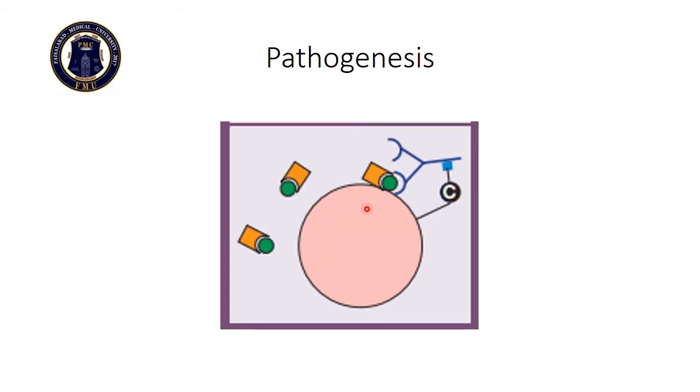This picture shows the mechanism of action of cephalosporin-induced hemolytic anemias. Again, this is a red blood cell. This orange is a plasma protein, and this green is a drug. When cephalosporin is present alone on the surface of the red blood cell, it is not an antigen. But when it binds with the plasma protein or the cell membrane protein, it acts as an antigen, and it binds with the antibody. This protein-drug-antibody complex also fixes complement.